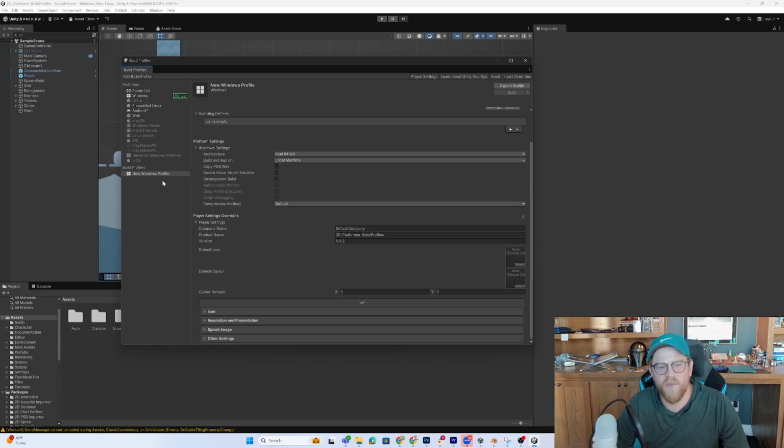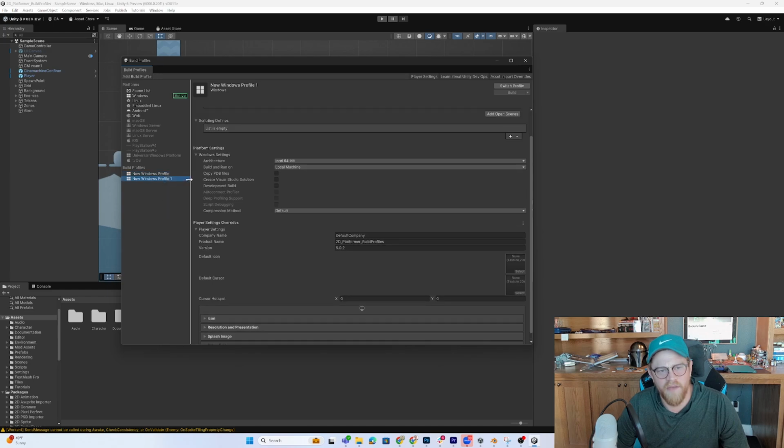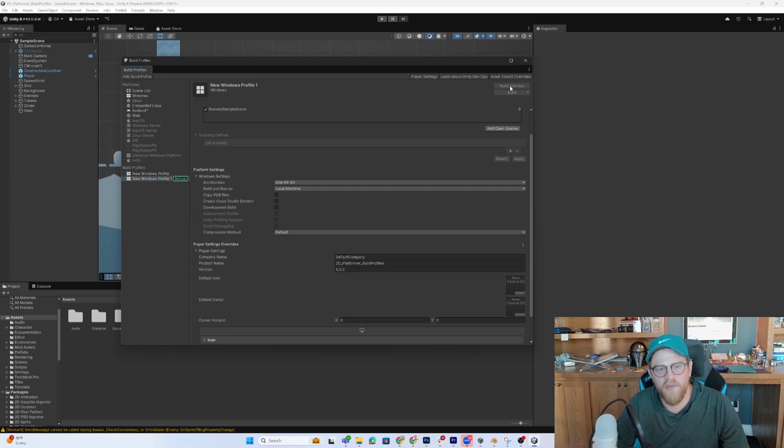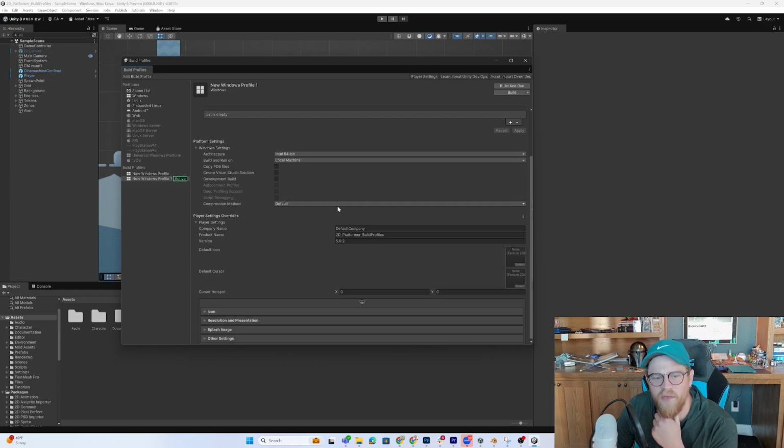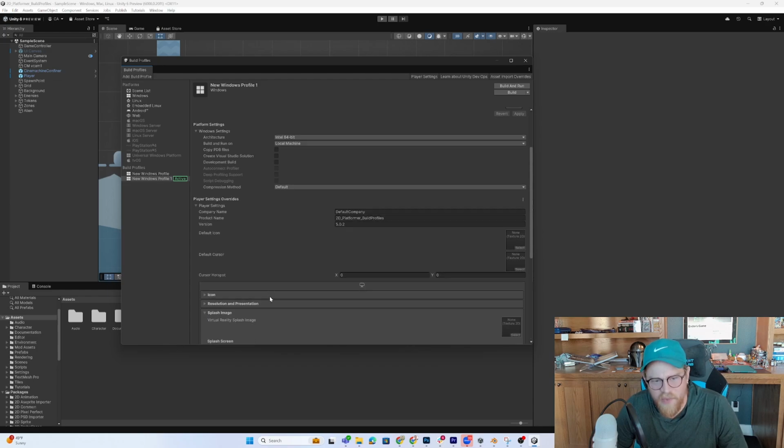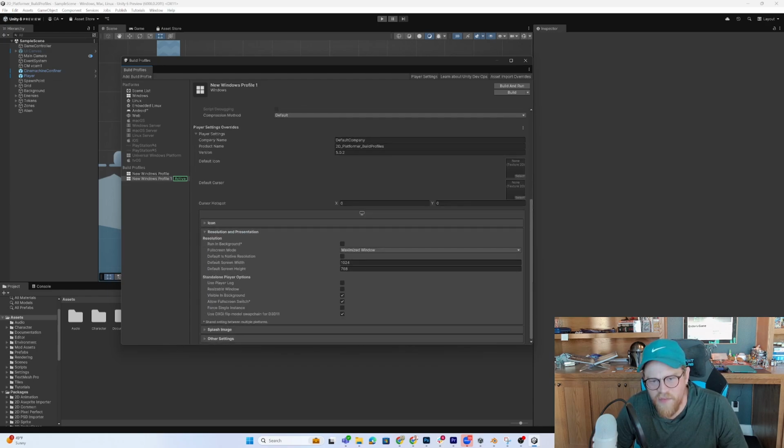Let's say next I want to duplicate this and maybe switch profile. And now we're actually going to load up this Windows profile. And let's say in this one, I just want to change out the splash image or the resolution, default screen width. So let's say that's 1920 by 1080. And I can make a few other changes. You can see how this would become useful pretty quickly. So this one I would then rename